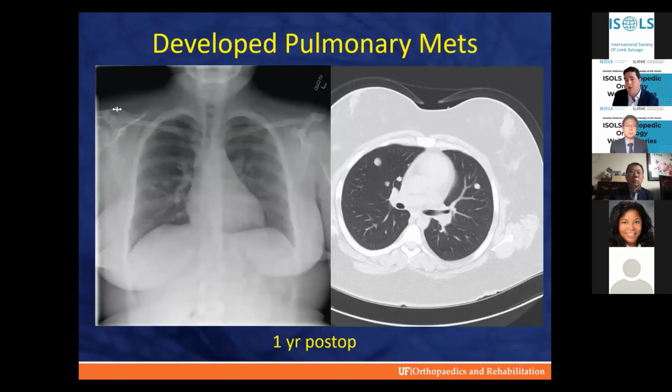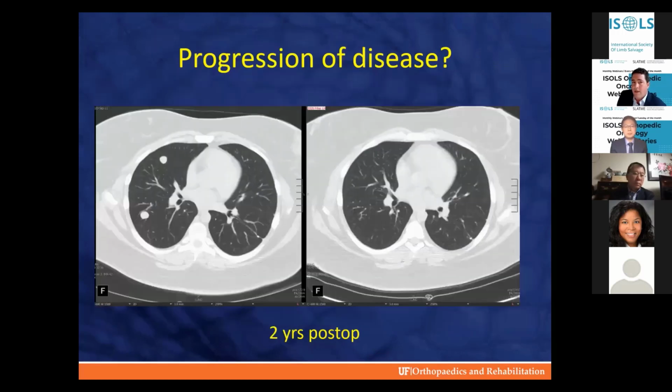Interestingly enough, we get chest X-rays yearly on these patients, and you can see there the chest X-ray on the left. She started showing some nodules, and unfortunately, chest CT showed she had widespread mets. So this patient was started on denosumab and was doing well, and then 2 years post-op, for some odd reason, she started developing lesions. Certain lesions had stayed stable and gotten better, and some were getting bigger, and we weren't sure what was going on.